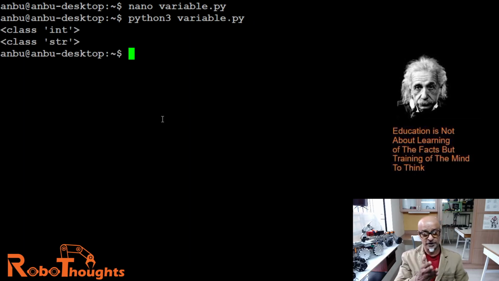See guys, fantastic. Can you see that? The first two variables we created, it's showing the type. One is an integer type and the second one is a string. So you can see the output. It's so simple, guys. It's as simple as that.